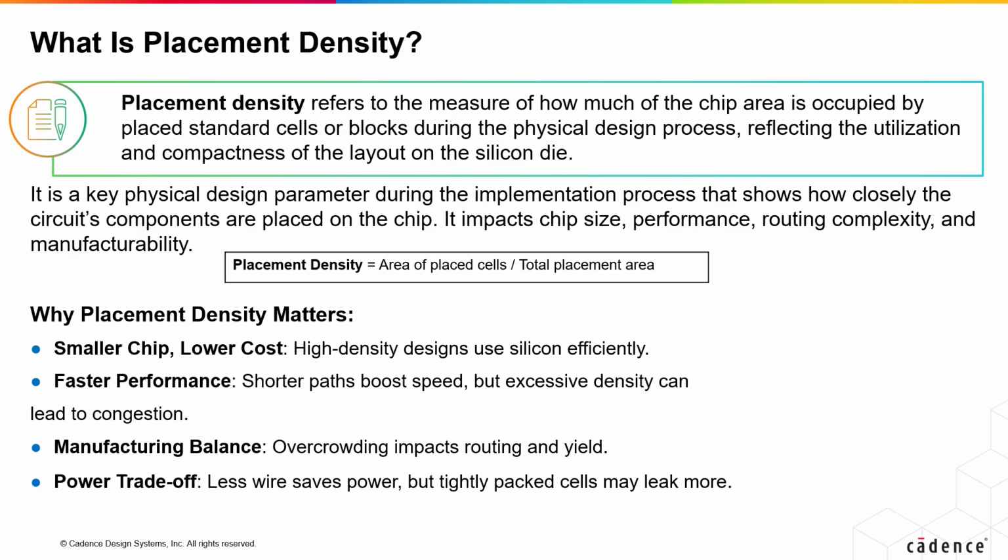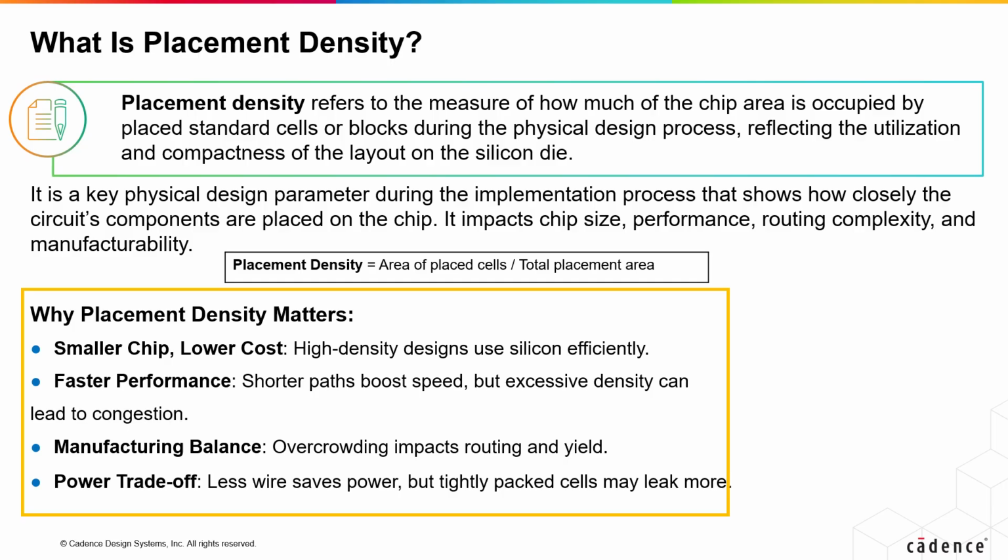Placement density is a key metric in chip design that measures how tightly components like standard cells or blocks are packed on the silicon die. This density directly impacts several important factors. A higher density can reduce chip size and cost by using silicon more efficiently, and it can enhance performance by